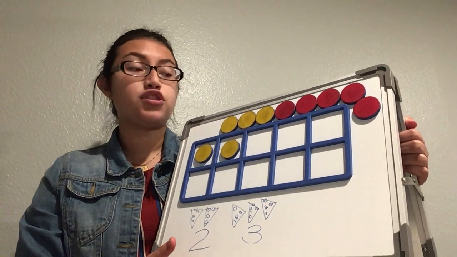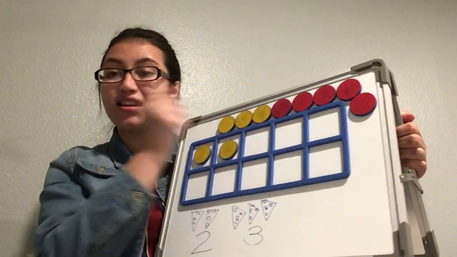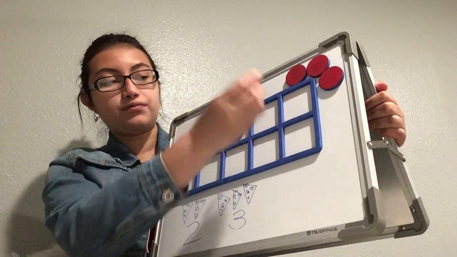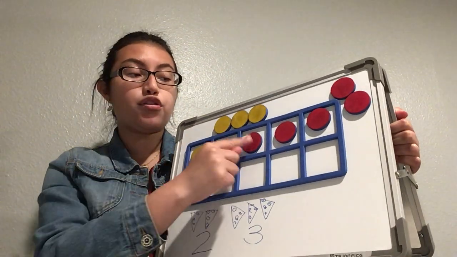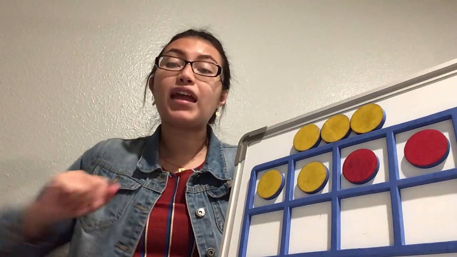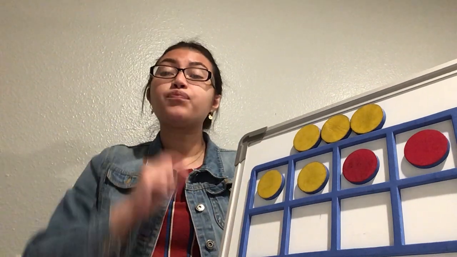I have to place my counters. So let's place our counters. 3 more means I'm going to put them on. I'm not taking them off. I'm putting them on. So help me count. 1, 2, 3. Fernanda's mom bought her 3 more slices of pizza. Now I need to know how many slices of pizza does Fernanda have all together. And look at my hand when I say all together. All together. That means everything that you drew, everything that you put in your 10 frame, you need to count